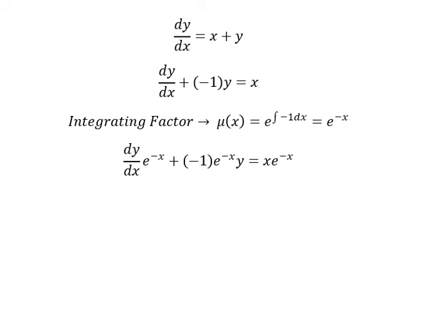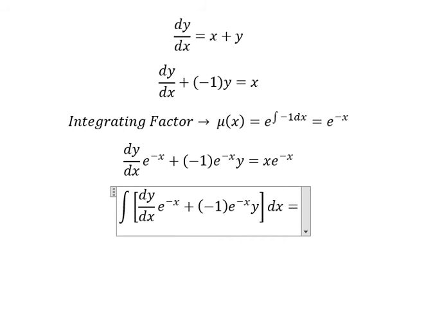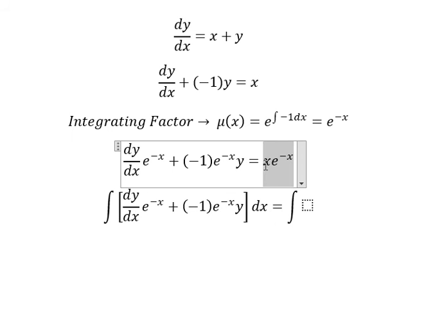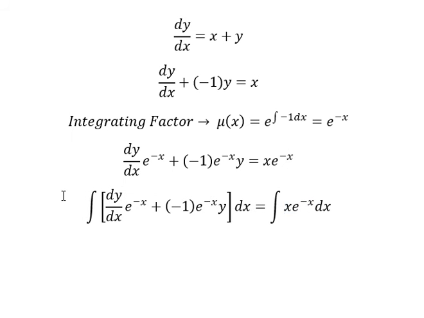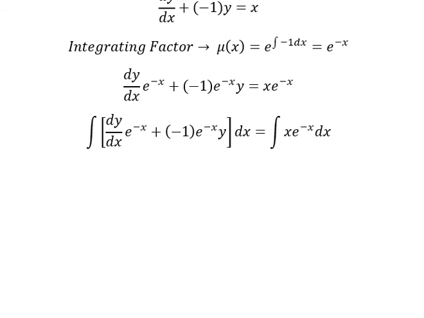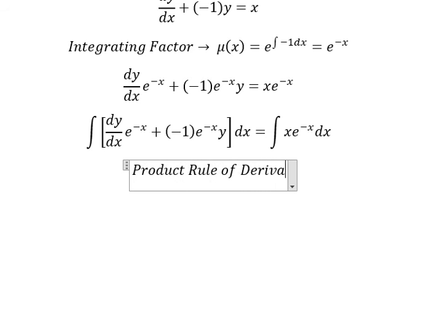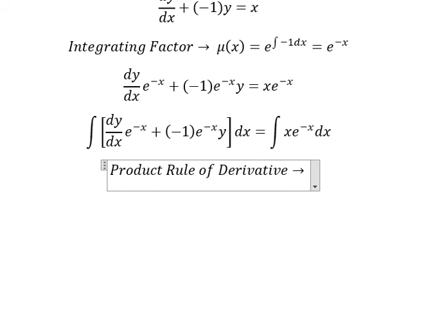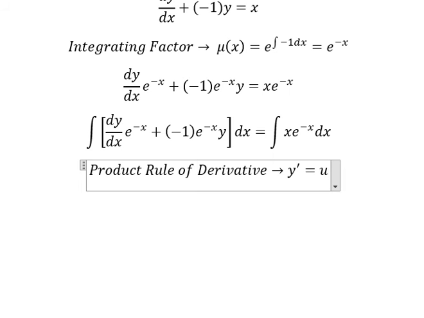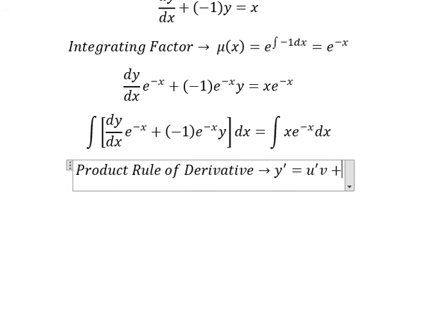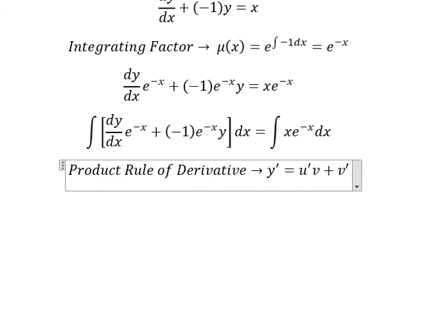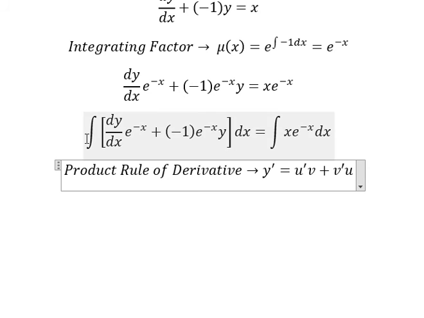Next, we need to do the integration for both sides. So the integral on the left, we can apply the product rule of the derivative. So that's it, like this. We do first the derivative of u multiplied by v. Later that we do first the derivative of v multiplied by u. So if we look carefully at this one,